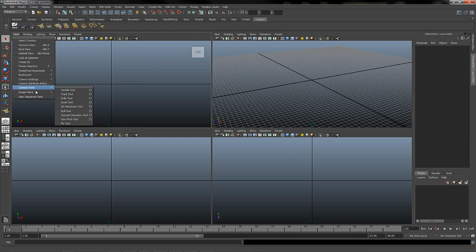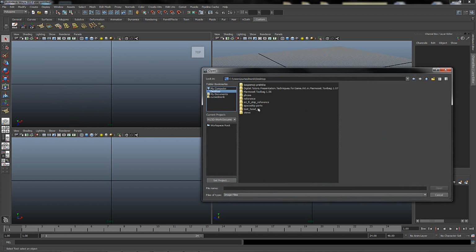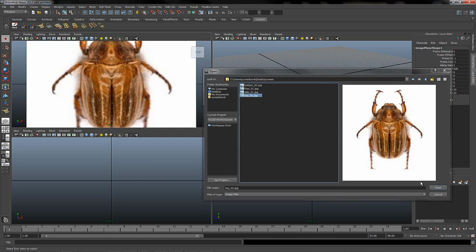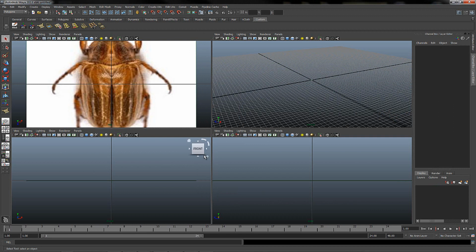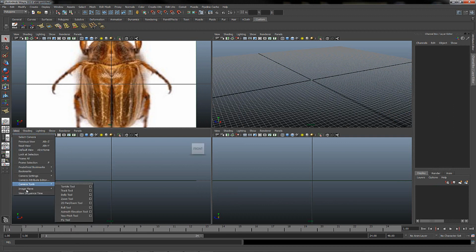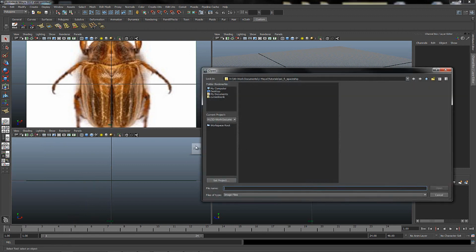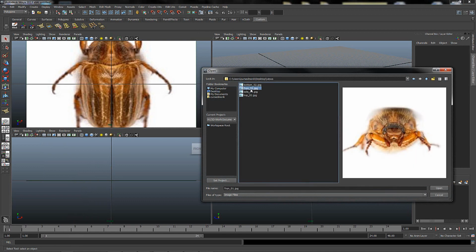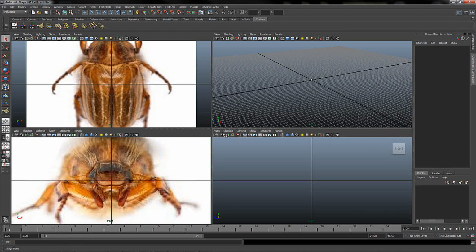Go to the view, insert image plane, import image, and just point where that picture is. So in my case it's on the desktop. Okay, insert that one, going to a different cam, view, import plane, import image, and this is the front one, so we'll go and insert the front image. Okay, at the right we'll place the side image,